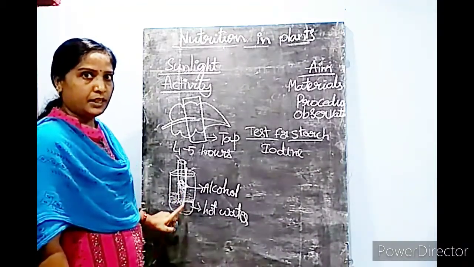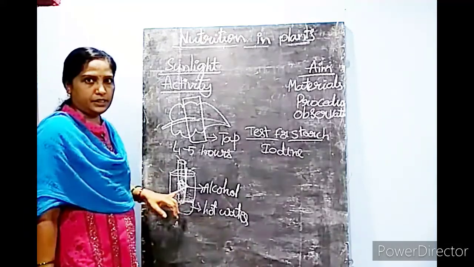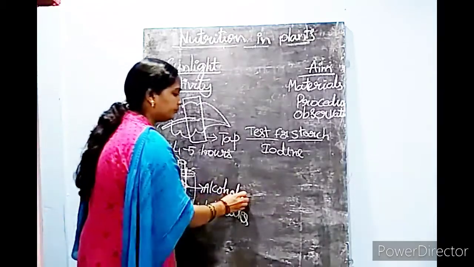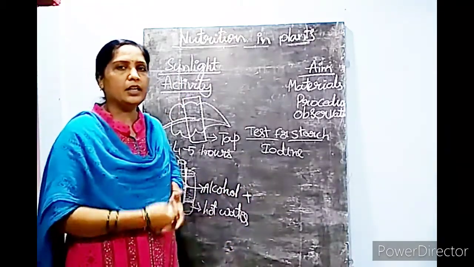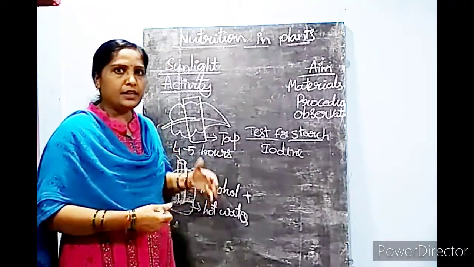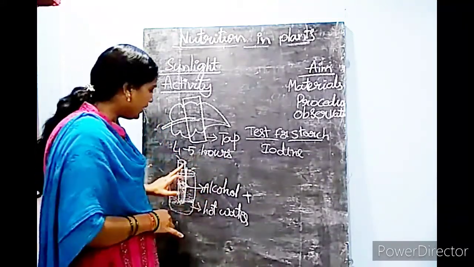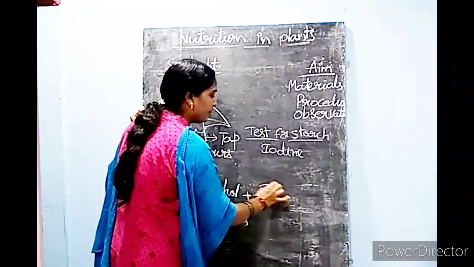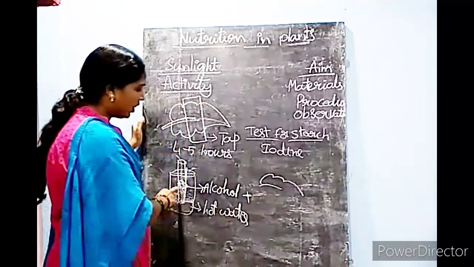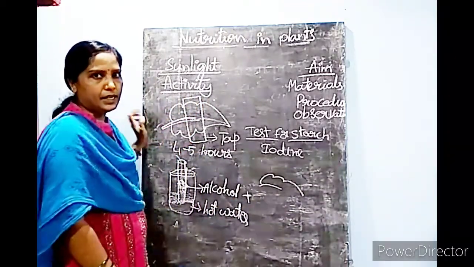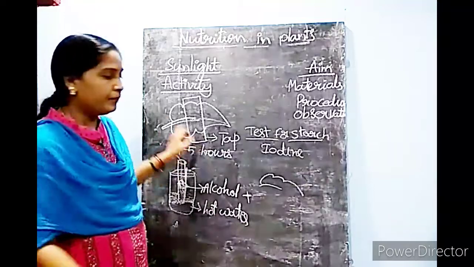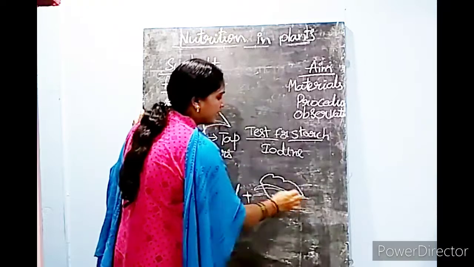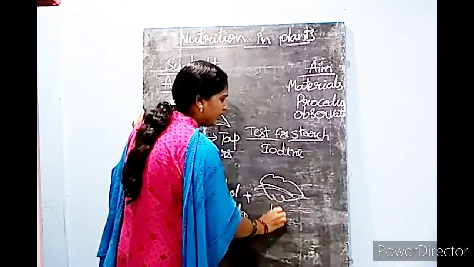Water bath means keeping the test tube which contains the leaf and the alcohol in hot water, so that after boiling in the alcohol the leaf becomes brittle, and then again to make it soft, keep this leaf in hot water, then it will become soft. Before keeping it in the alcohol, remove the black color tape which you tied before, and then after taking it out from the alcohol, keep this leaf in hot water again.